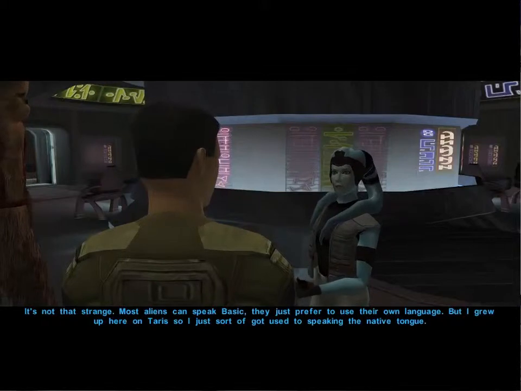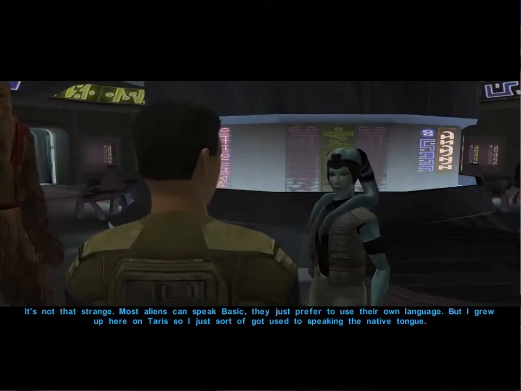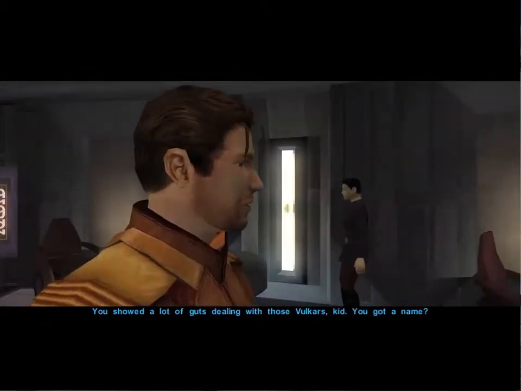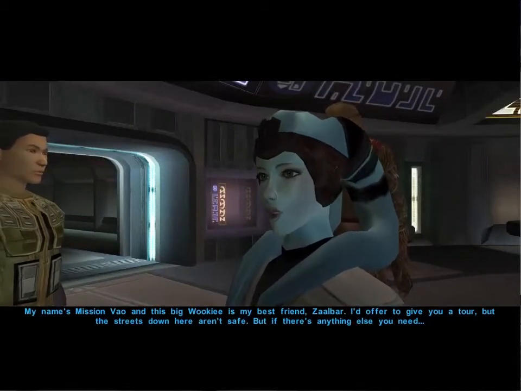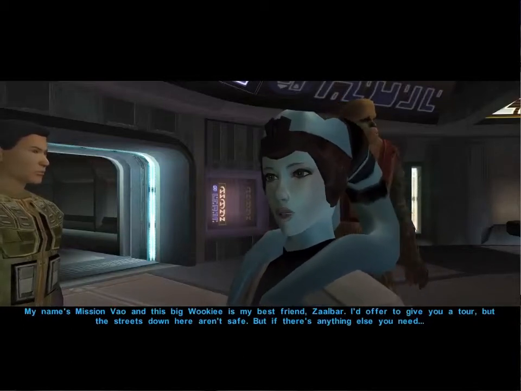It's not that strange. Most aliens can speak Basic, they just prefer to use their own language. But I grew up here on Terra, so I just sort of got used to speaking the native tongue. You showed a lot of guts dealing with those Vulkars, kid. You got a name? My name's Mission Vao, and this big Wookiee is my best friend Zalbar. I'd offer to give you a tour, but the streets down here aren't safe. But if there's anything else you need...